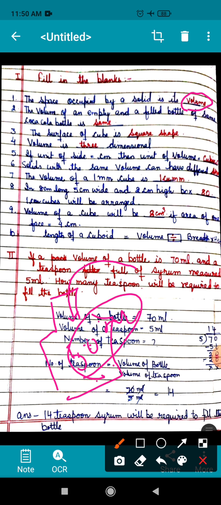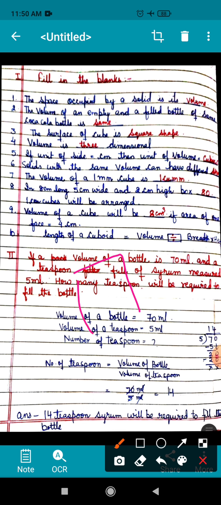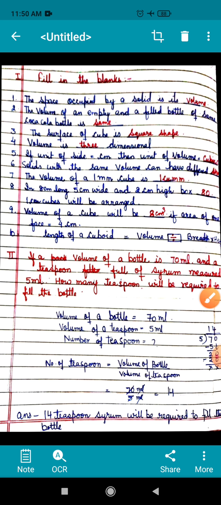Right. Now third one is: the surface of a cube is. Children, you all know that cube has 6 faces, and all the faces of a cube are square shaped. So here what answer you will write? Square shaped. Children, volume we measure in